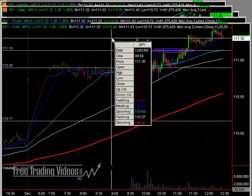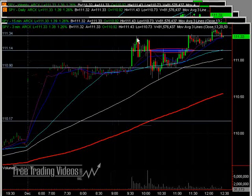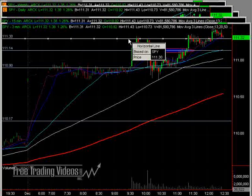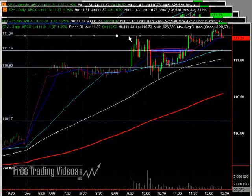Good area to look for resistance then is back at the highs. Typically I'll disregard a shadow like this, but on a 3-minute chart sometimes I'll use it. So this whole thing becomes an area between 111.30 and 111.34. It's a 4-cent difference, but that whole area then becomes resistance. Once broken, it can sometimes become support, and I'm watching